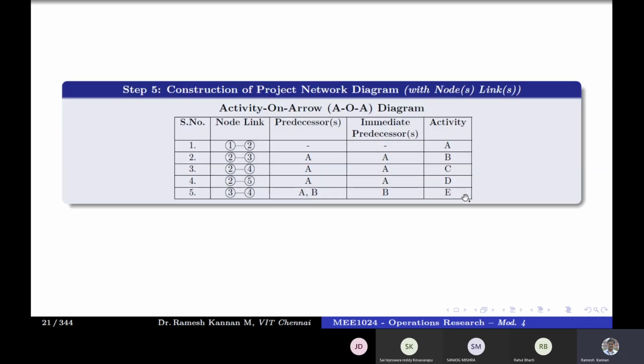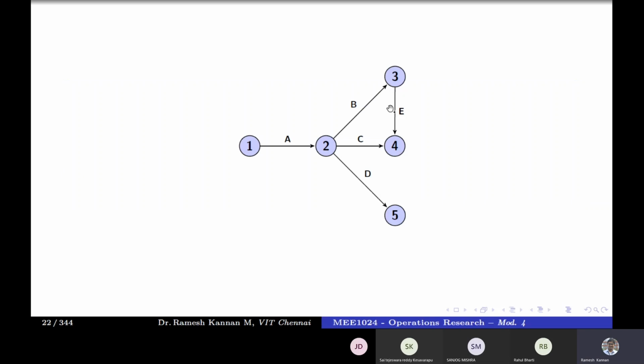Okay. The next is activity E. Activity E has a predecessor of activity B. I mean the immediate predecessor, but it depends on A, B. So it also depends on B, because B depends on A. That is kind of A, B. The immediate predecessor of activity E is B. So E will be something like this. E depends on B, and not only that, E depends on A and B.